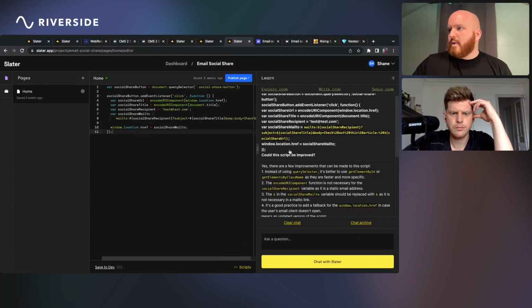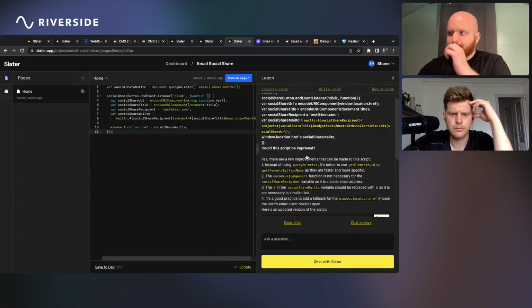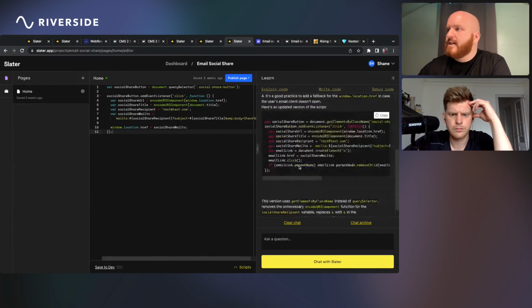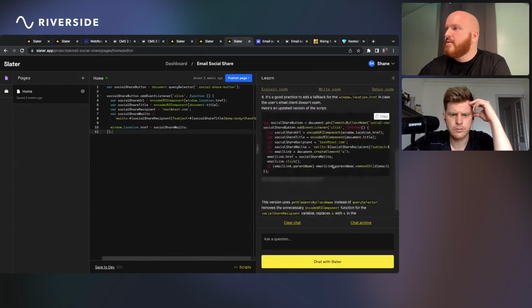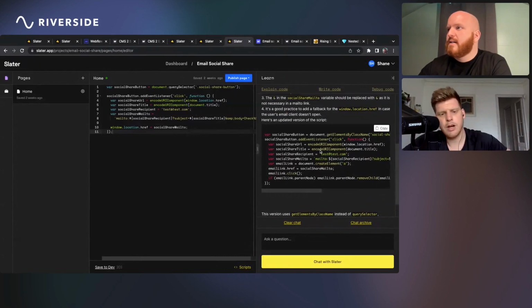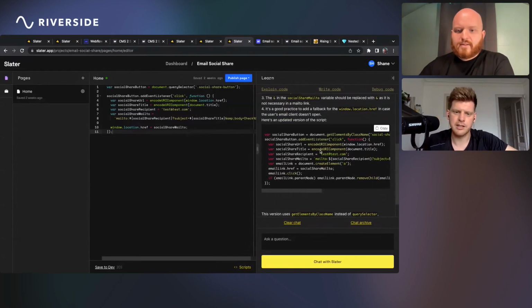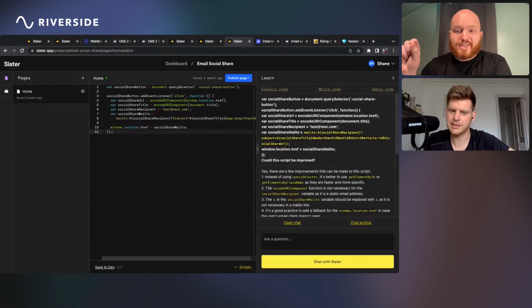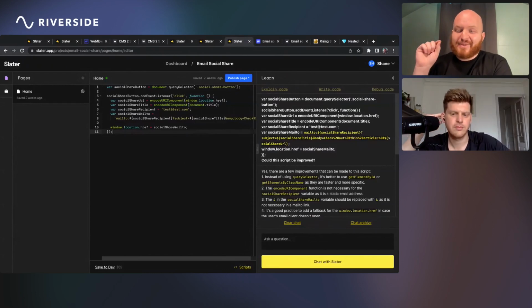This code wasn't working, and it may have been another Slater project, honestly. So I asked if it could be improved, and it went ahead and improved it. I'm trying to see if this is the same code here. No, it might be Slater. Wow, it's interesting that you literally just said, "Could this code be improved?" as a prompt. Slater's so good at that. That's crazy. I've done it with so much code, and Slater is really good.